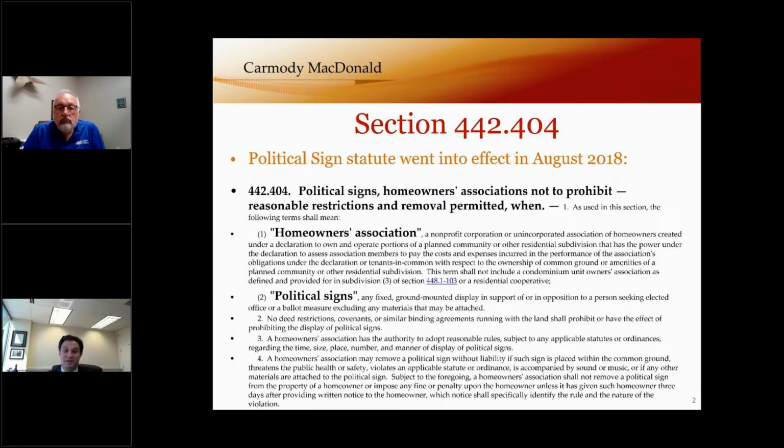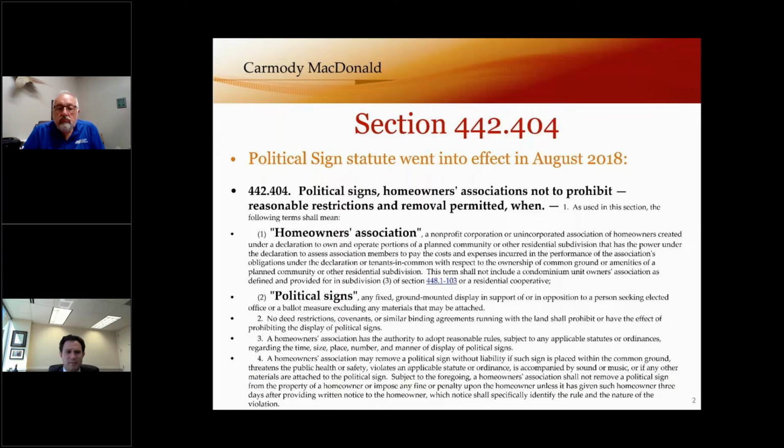So usually what I see communities asking us for is helping with developing a rule that limits the size of the signs, usually restricting it to the normal size lawn sign that you see and not the jumbo ones, a certain time frame before and after a primary or before and after the general election or any runoff, and the number of signs that can be placed in the yard. And also that those signs are limited to actual signs. They don't play music. They don't have attachments, all those sorts of things, ultimately to maintain some semblance of order in the community that I know many of our boards are looking to preserve while also allowing people to express their political beliefs.